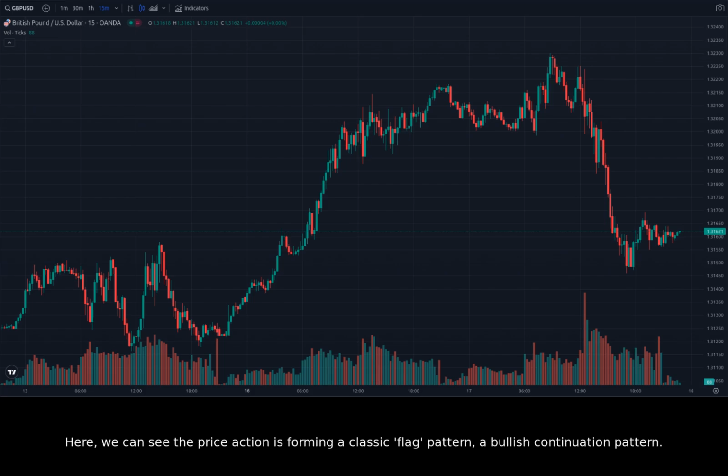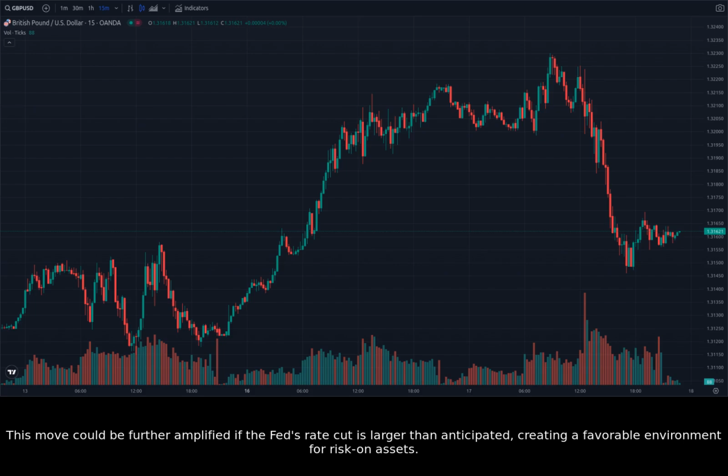Here, we can see the price action is forming a classic flag pattern, a bullish continuation pattern. This pattern indicates that GBPUSD is likely to break out to the upside soon. The upper trend line of the flag pattern is acting as resistance, which is currently holding the price. However, if GBPUSD breaks above this resistance level, it could signal a strong upward move. This move could be further amplified if the Fed's rate cut is larger than anticipated, creating a favorable environment for